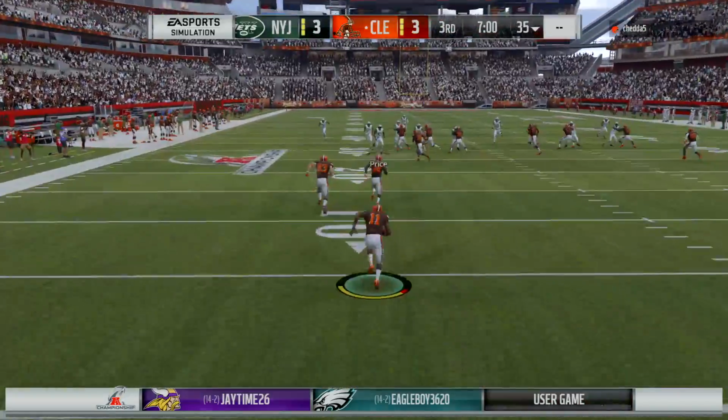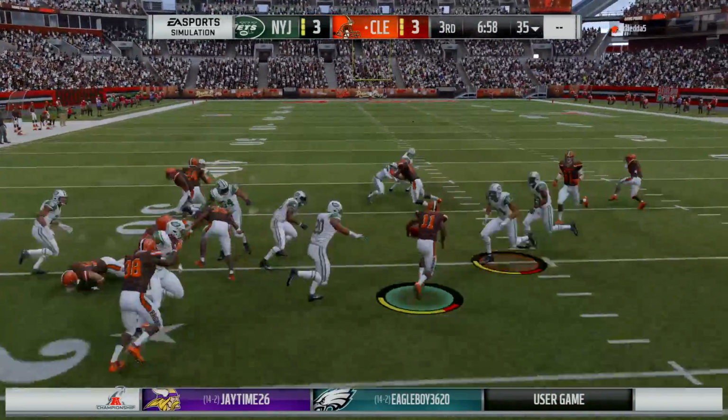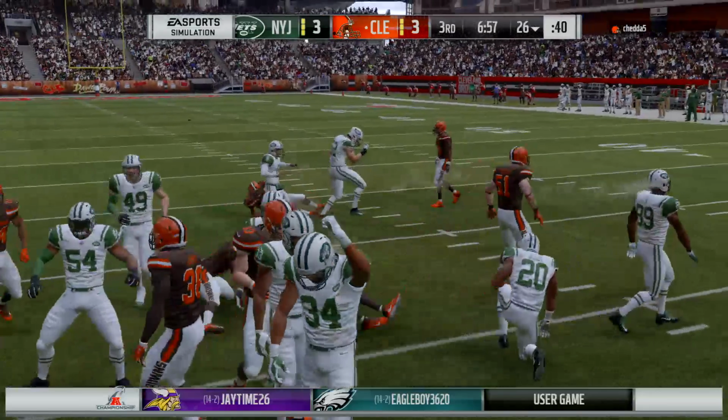That's fielded in the end zone. And he'll take this one near the 25, call it the